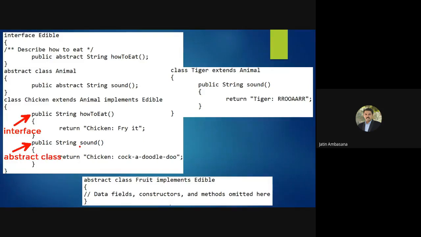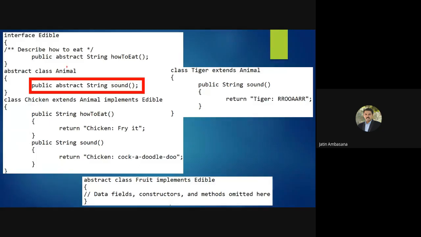Now, since we are implementing this abstract method of the abstract class Animal, this class Chicken does not need to be declared as abstract.